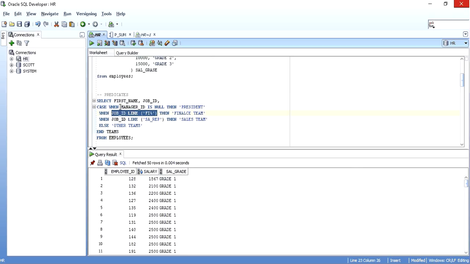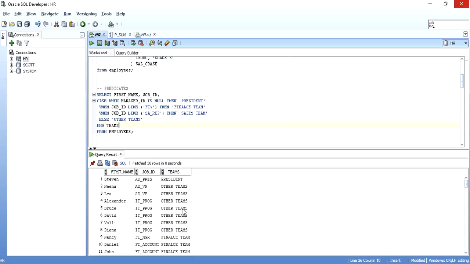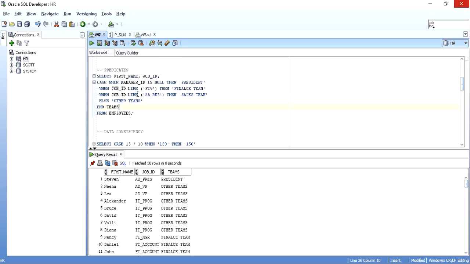So my expressions are like manager ID is null, then show president, then I'm using some other column, like job ID like this, then that one, like job ID like sales representative, then that one. So my expressions are quite different from each other and more in depth than what I can do with decode. We cannot use something like that in decode.